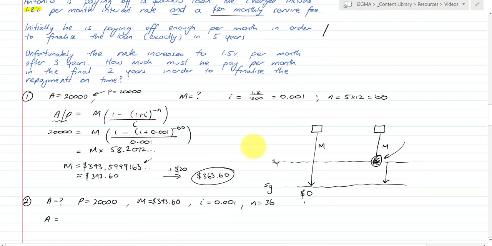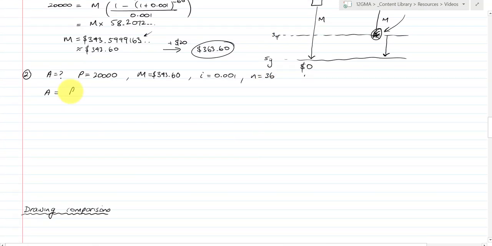So let's throw this all together. A is equal to P, 1 plus I. In fact, let's just throw numbers straight in here. $20,000, 1 plus 0.001 to the power of 36, minus M, I kept this number, remember, 343.60, times 1 minus, 1 plus 0.001 to the power of 36, minus 1, over 0.001. And if I calculate the A value for that, it comes out as